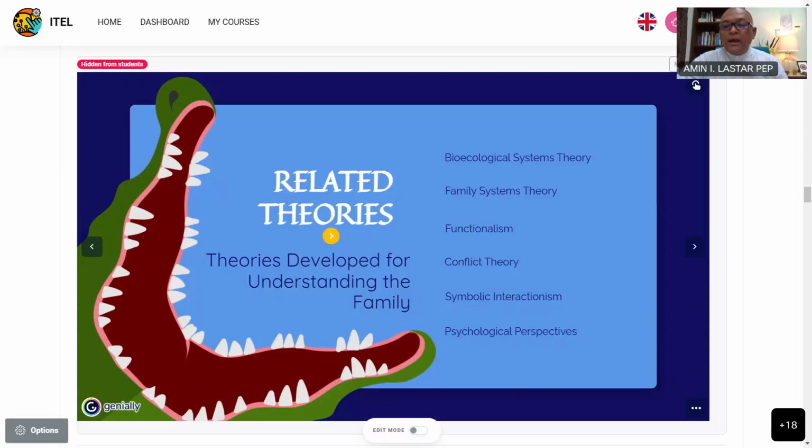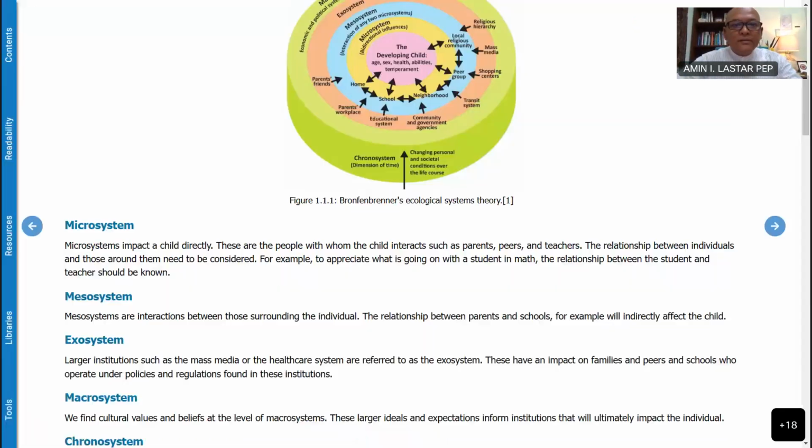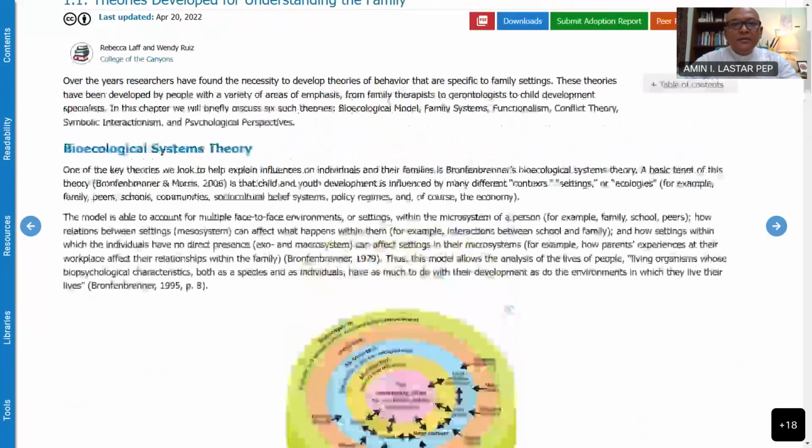I am so sure that they will go here, because I don't want them to read something else. I want them to read this one. So most of them have to go through and read this. I know that they have all the information from this page, and if I come up with a question in their final exam taken from any of this, I know that they have read this, and they can't blame me that I didn't teach or didn't mention that. So they have it all here. This is what I mean.